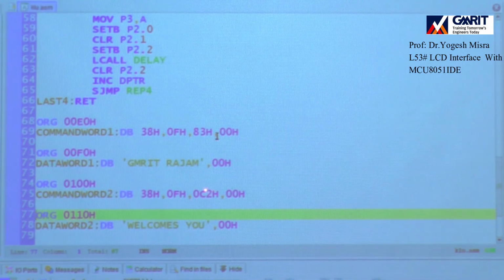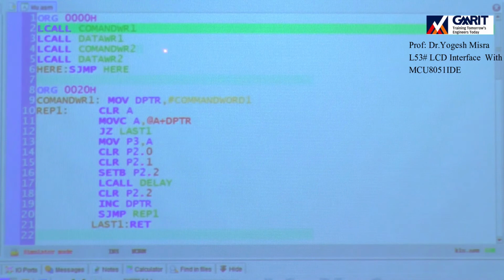C2 indicates second row and third column, right? And in this, whatever we have to display, this is the data word. WELCOMES, welcomes space U. So this is the program. So now I will run this program.